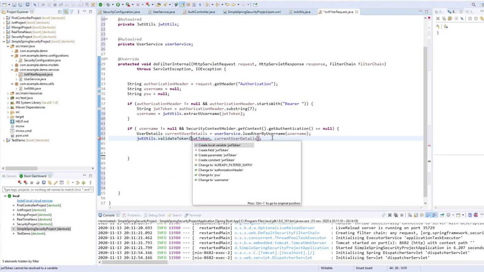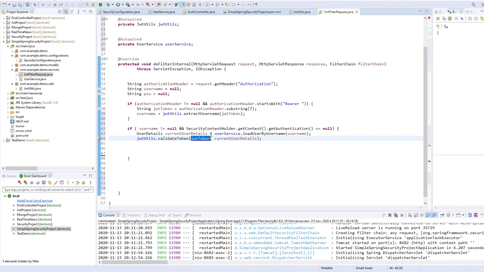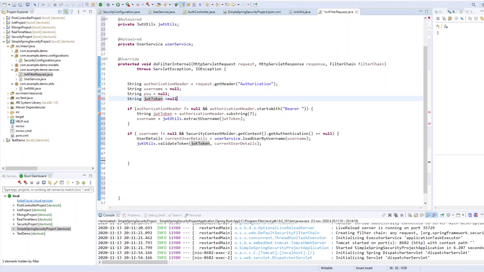Then I can create a local variable, jwtToken. I have to put this outside of the scope. So now we are good. So here the result will be a boolean, tokenValidated. So now, if the token is validated, if tokenValidated,